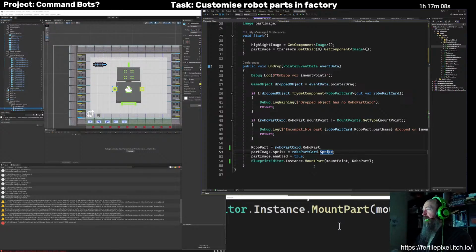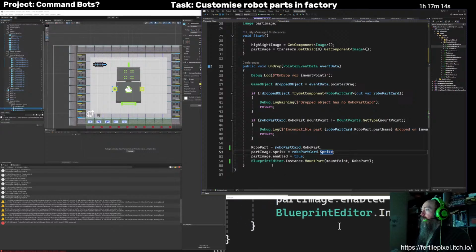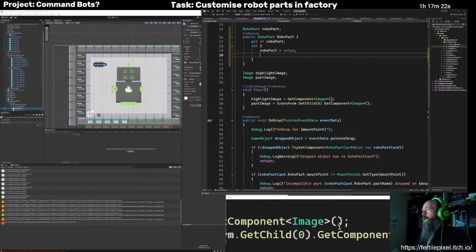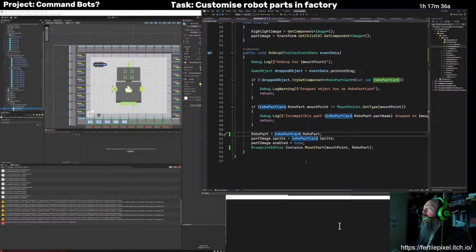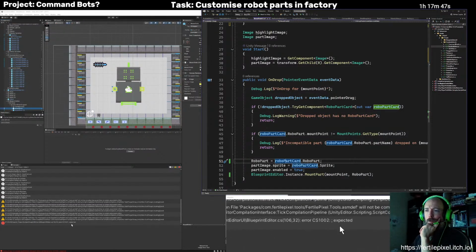So that's interesting. Yeah, what I want to do here is basically similar to here. Wait, where's it getting the RoboPart card? From the dropped object. So dropping that card. Yeah, interesting.